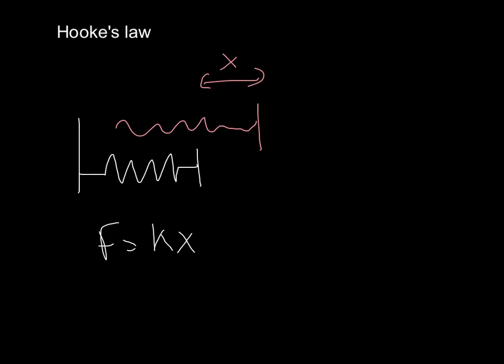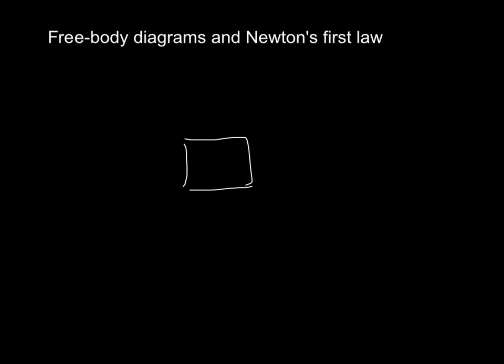So a very strong string will have very high k. A very weak string will have very low k. Now that we know a bunch of forces, we can finally go into Newton's first law that basically tells us a condition for equilibrium, which is how do we know that a body is either still or moving at a constant speed? And again, you did this in the IGCSE, and hopefully you could stop the video and tell me what Newton's first law is. If you don't remember, don't worry, thankfully we're doing this again.